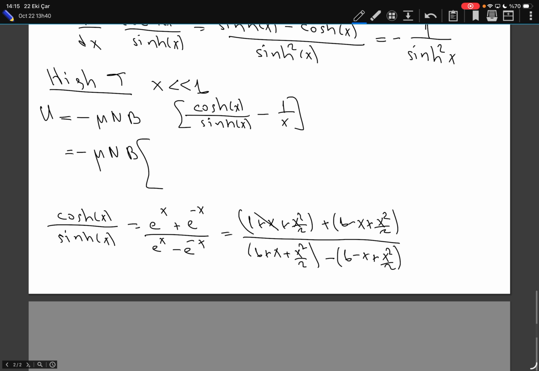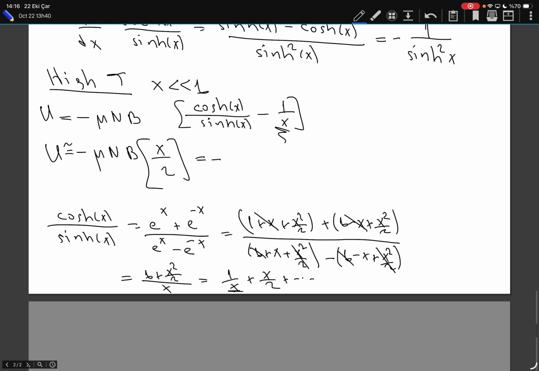Well, in the numerator, the x's cancel. I have 1 plus x squared over 2, divided by, in the denominator, the 1's cancel, the x squared over 2's cancel, over x. So this is 1 over x plus x over 2 plus higher order terms. This is my large temperature limit. Well, you see that this 1 over x minus 1 over x basically cancels this 1 over x over here. So we are left with u is equal to minus mu n b times x over 2,